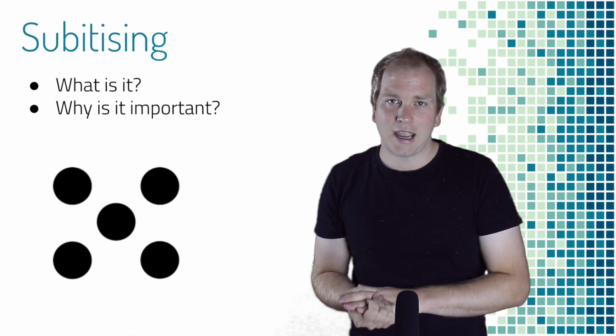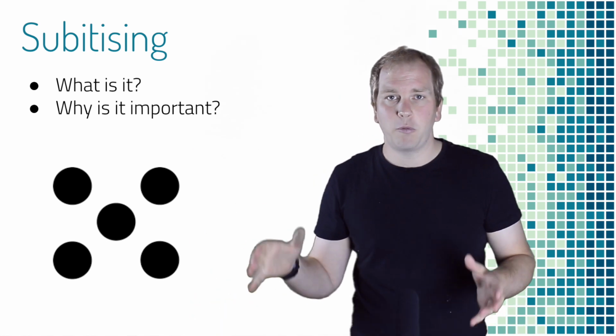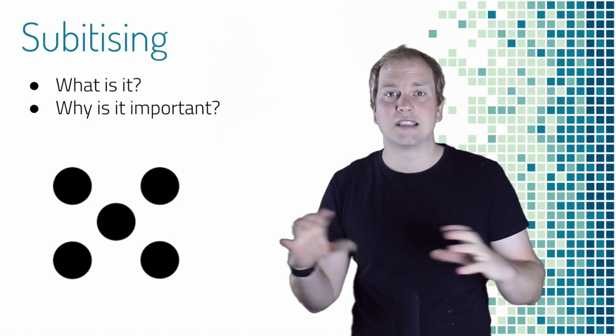But then where it changes, let's say once we get beyond 5, is then we have a new thing called conceptual subitizing. Let's now look at an example to see exactly what it means to subitize conceptually. Now you might have already worked out that there's 9 dots, but I can guarantee you that you didn't see 9 individual dots and just recognise it as 9 straight away.